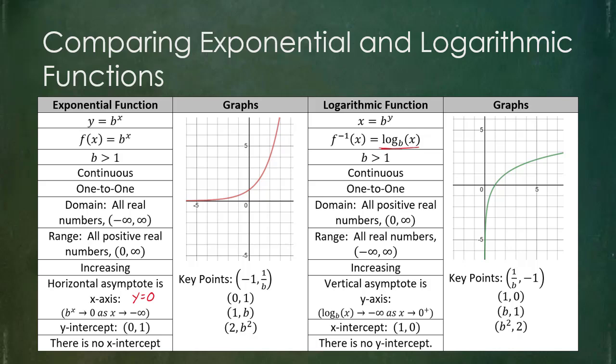It just needs to be any real number, so long as it's greater than 1 for this example. Notice it is still continuous, meaning you can draw it from left to right without stopping or jumping or skipping anything. It does happen to pass the horizontal line test, so it would be 1 to 1. But if we look at our graph now, the domain is 0 to infinity, where I don't include 0, which,